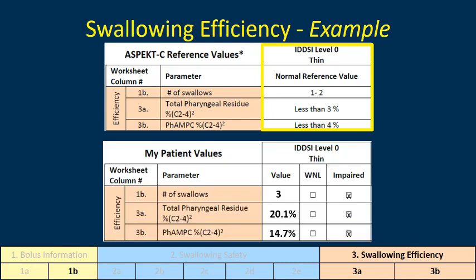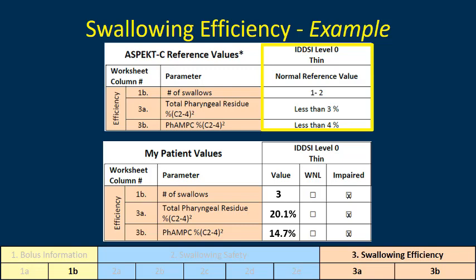For this case, we had used an ITSE level 0 thin liquid consistency. We can see that healthy normal reference values for number of swallows is 1 to 2 swallows, which would indicate impairment for our patient who took 3 swallows. Normal reference values for total pharyngeal residue fall below 3%. This means that our case with a total pharyngeal residue of 20.1% falls outside normal limits